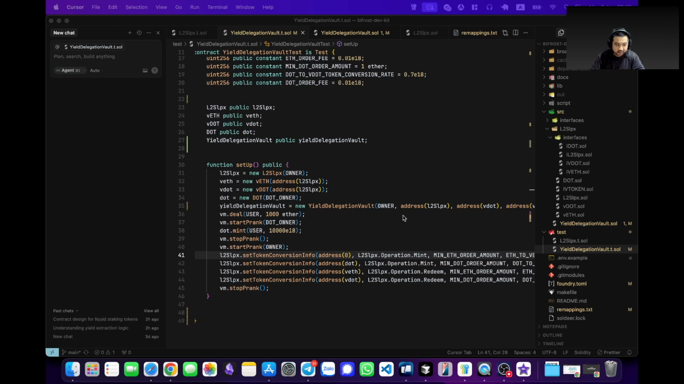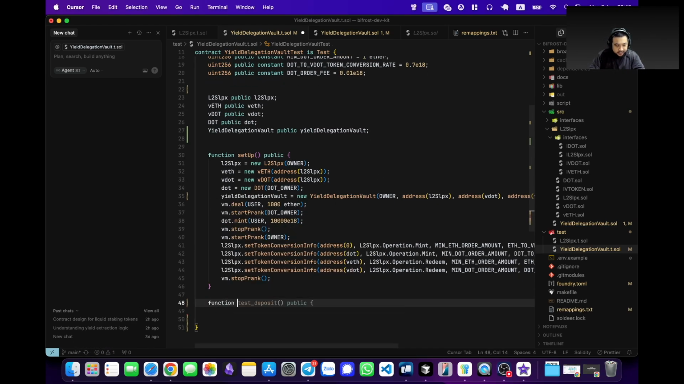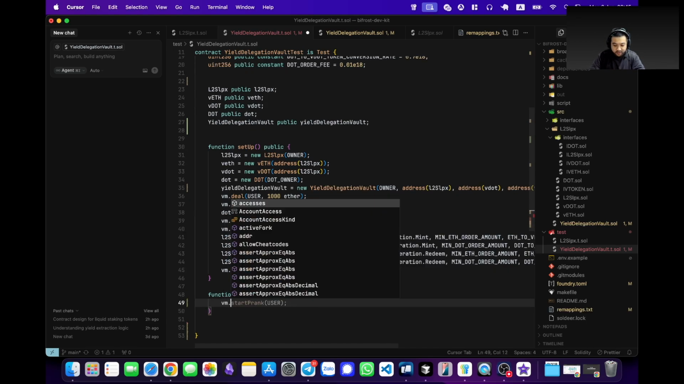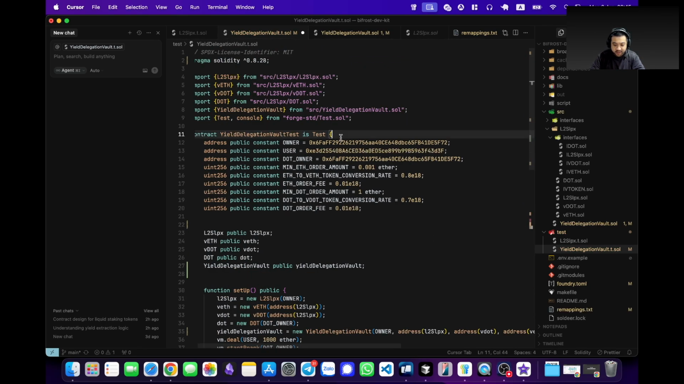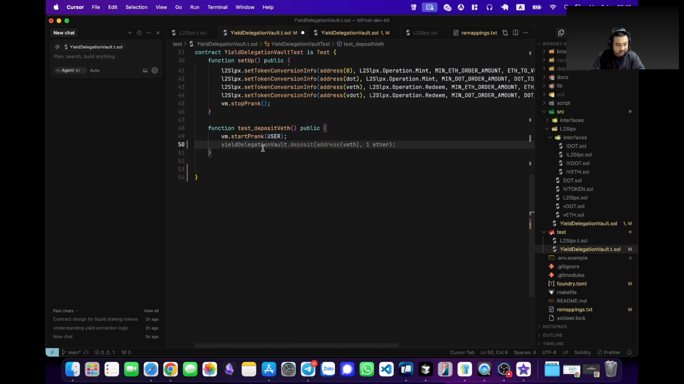Set token, vm.prank, everything's good. Good. Now let's do the first one. It's gonna be test deposit vETH. Alright, let's do something like this. Public. So first we're gonna start pranking user. Alright. By the way, these addresses are mine. You can swap them out to yours for you to test something that's closer to